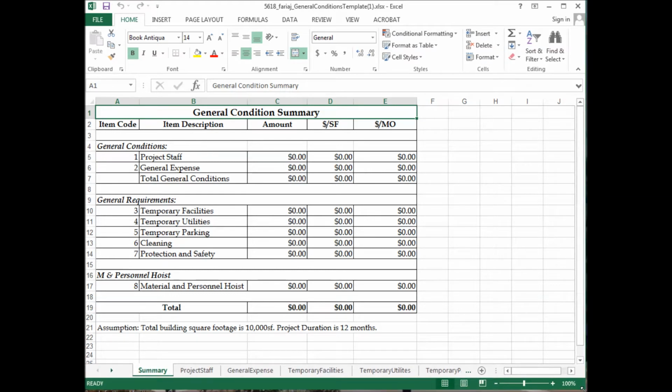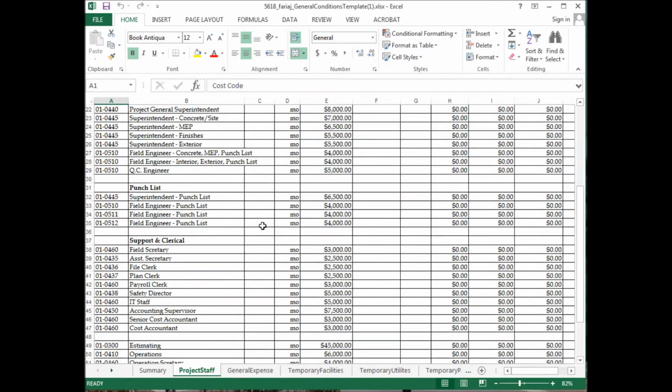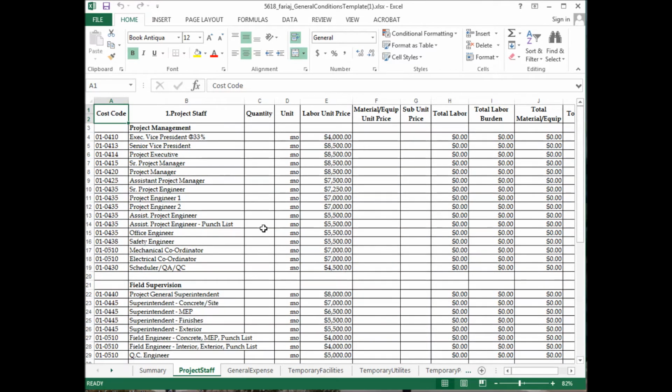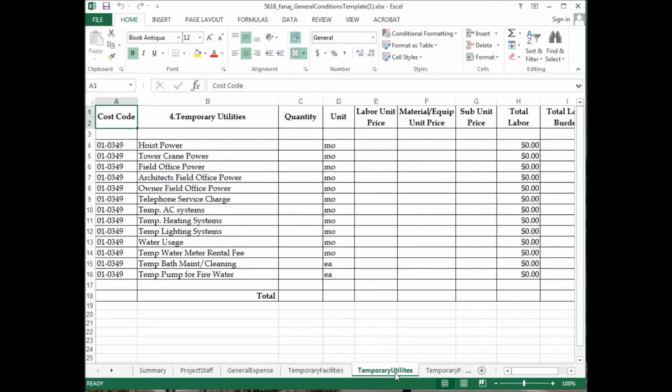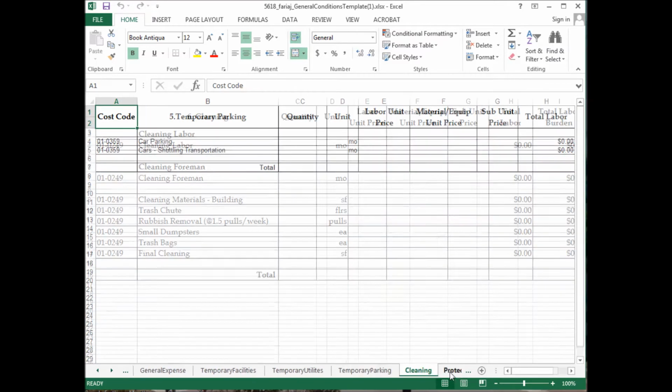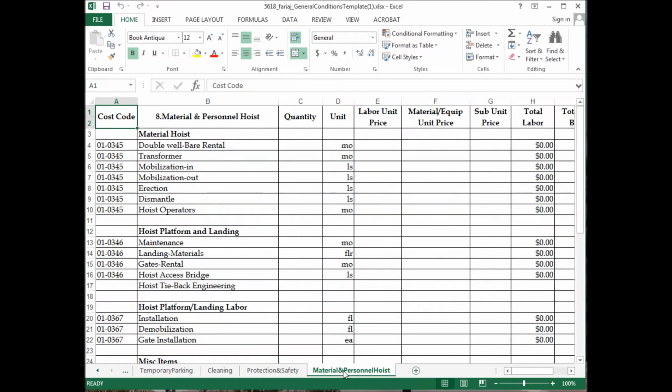The general conditions template. It's a template that allows us to calculate all those indirect costs that are associated with building the project. So this general conditions template is including a lot of items: project staff, general expenses, temporary facilities, utilities, temporary parking, cleaning, protection and safety, maintenance, material